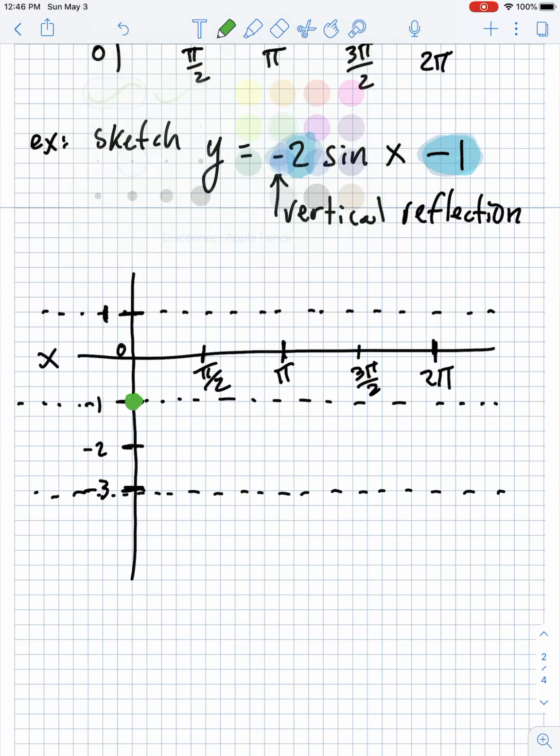Okay, back to green. So into the valley, right here at -3, lines up with pi over 2, then back up out of the valley at pi, then up the mountain at 3 pi over 2, and then back down at 2 pi. So if I play connect the dots,